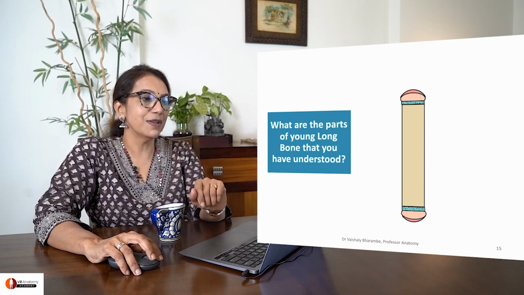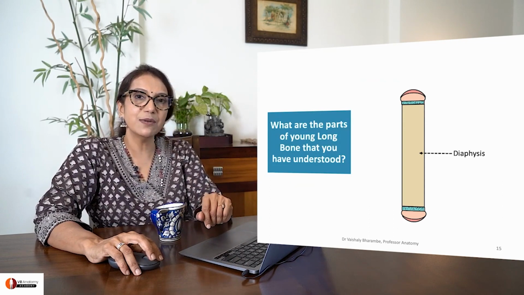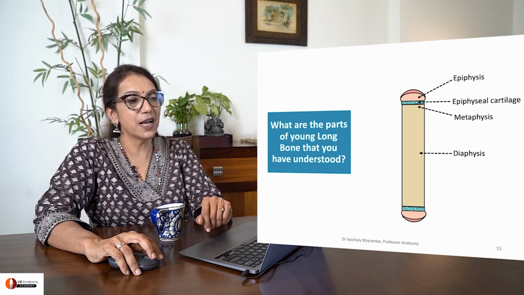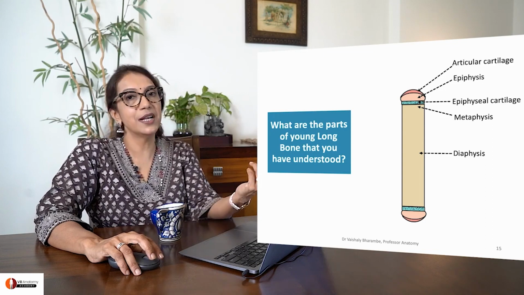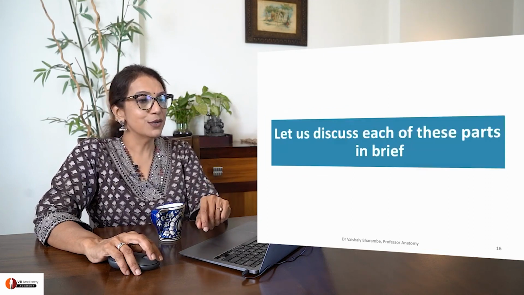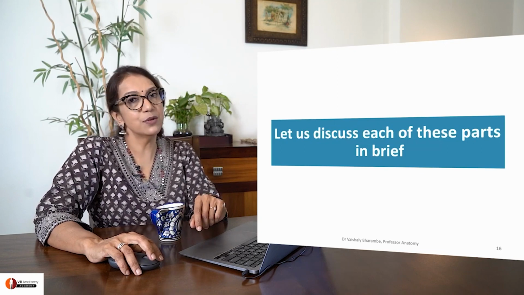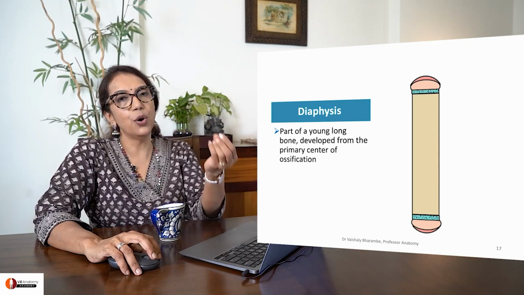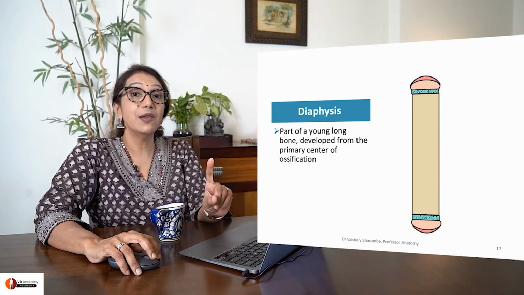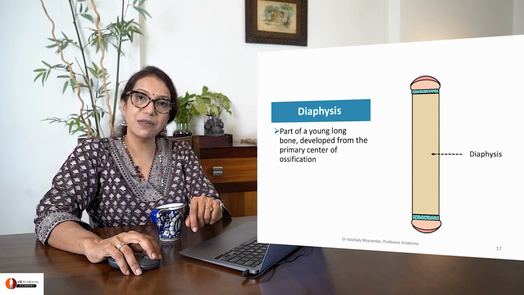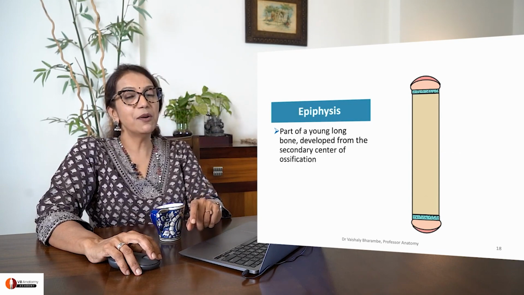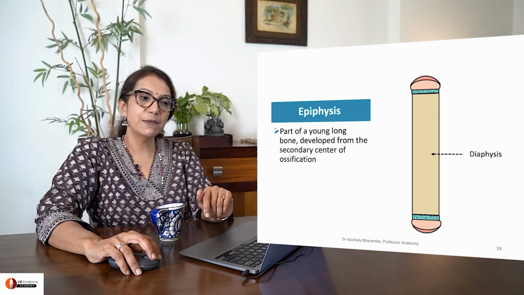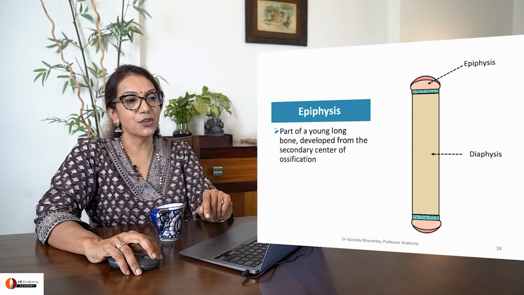Let's discuss each of them one at a time. Would you like to revise once? Yes. Diaphysis, epiphysis, epiphyseal cartilage, metaphysis, covered by articular cartilage. Right? So let's begin to discuss each of these parts one at a time. First, diaphysis. The shaft of the long bone is called the diaphysis, and it develops from the primary center of ossification. Perfect. What about epiphysis? The end of the long bone which develops from secondary centers of ossification is called